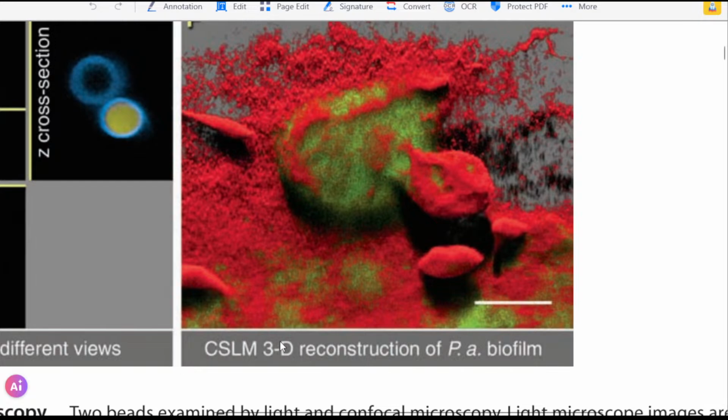Now you can use this confocal scanning laser microscope in studying biofilms. Guys, biofilms are layers of the same bacterial colony. They definitely are not connected to one another, but they are so close to one another and they signal one another. That's why biofilms are more resistant and cause problems and are so difficult to get rid of. Now, if you see, they did use the fluorescent